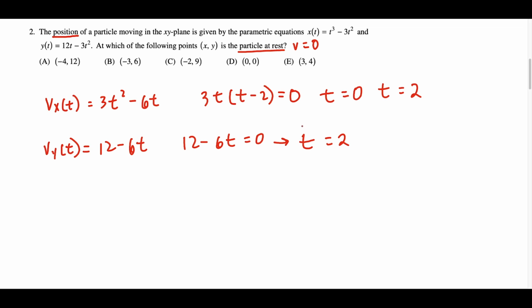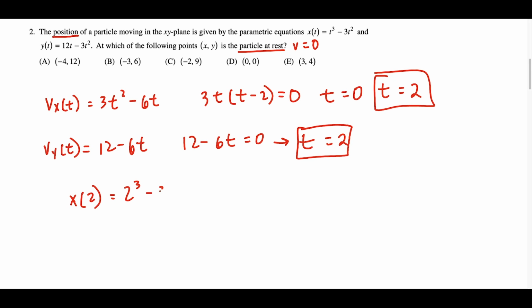So this tells us the time where both the x and y component of the velocity is 0 occurs at t equals 2. But what we want to know is not the time. We want to know at which point the particle is at rest. So we need to plug t equals 2 back into the position functions, and we'll have our answer. So we have x of 2 is equal to 2 to the third power minus 3 times 2 squared. If we work this out, we have 8 minus 3 times 4 is 12, giving us an x component of negative 4. Now this is enough for us to say choice A, but just to be sure we did this right,